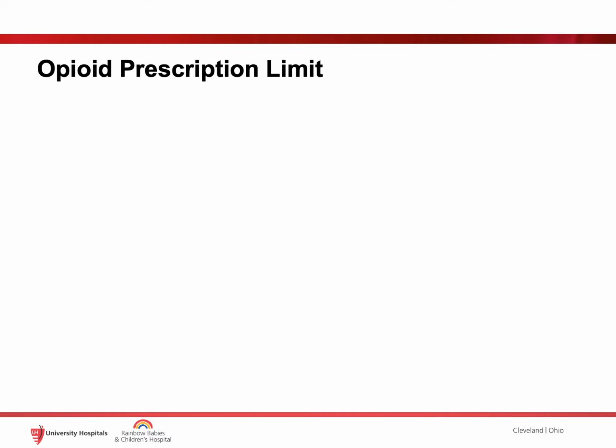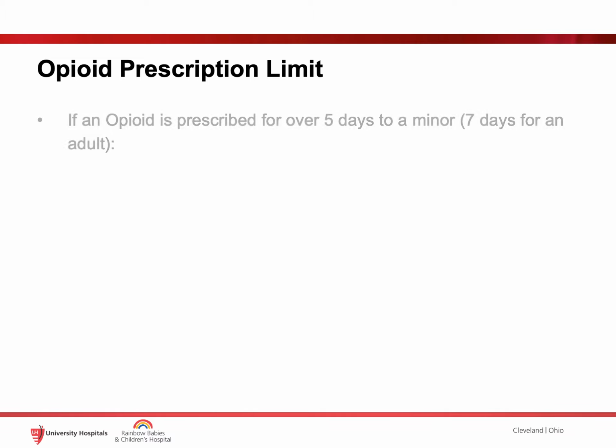So with the opioid prescription limit, it does say that you should prescribe opioids for 5 days or less for a minor. That doesn't mean that if you have a patient that, let's say, has had a big surgery, so a big orthopedic surgery or a pectus repair, which can be very painful and take time to recover from, if you feel that it is appropriate to prescribe them for more than 5 days and, let's say, prescribe them for 7 days,